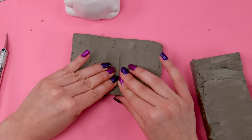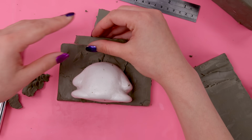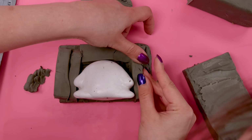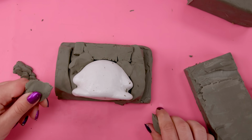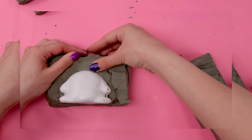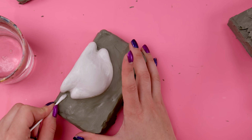I need to dig out some of that clay so that baby Blob can kind of snuggle into there comfortably, and then just build up the clay around the baby so that it's just about at the halfway mark all the way around. And this is quite a process, okay, and not one that I particularly enjoy, but for the love of baby Blobs. Once I've gotten the clay where it needs to be, I'm just gonna take a Q-tip